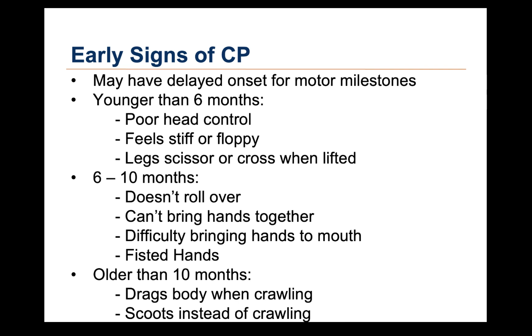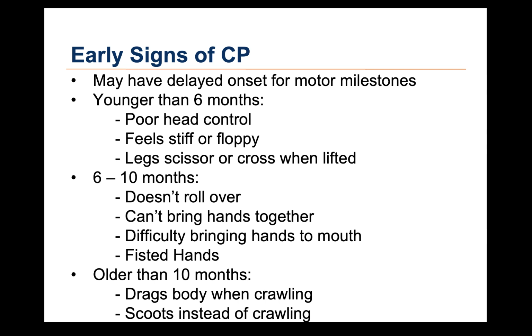For example, for infants younger than 6 months, early signs of CP include difficulty controlling their head, muscles that feel stiff or floppy, and legs that cross or scissor when the infant is picked up. For infants that are between 6 to 10 months, early signs of CP include difficulty rolling over, not being able to bring the hands together, difficulty bringing the hands to the mouth, and having one or both hands in a